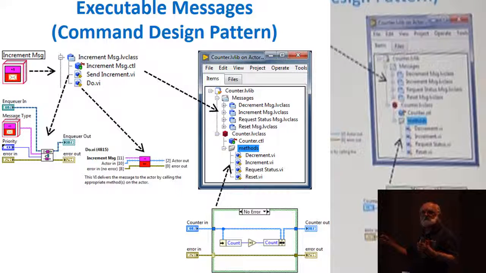Actor framework is based on the command pattern, so we have a lot more moving parts here. There is an actor class, like this counter actor. I took this example from Stefan Lemons from the actor framework community group. You have a library with a class inside that has 4 public methods.